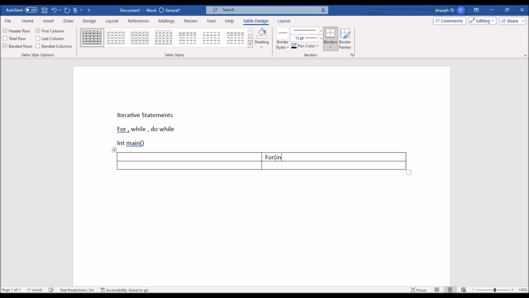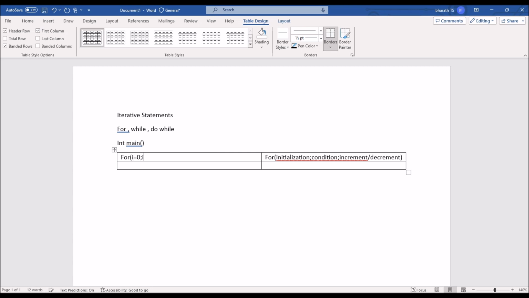For initialization, condition, and next is increment or decrement. For an example of initialization, let me start a variable called i equal to 0.